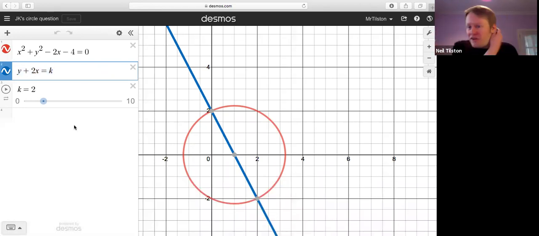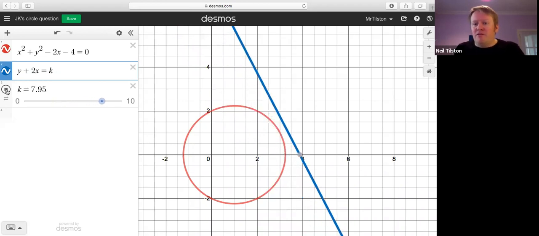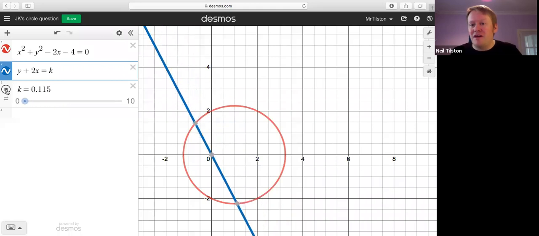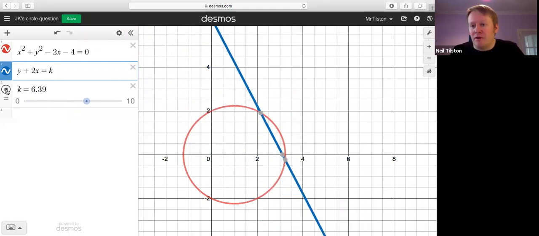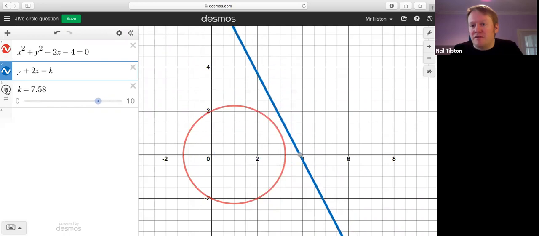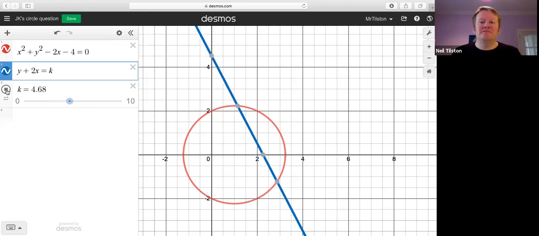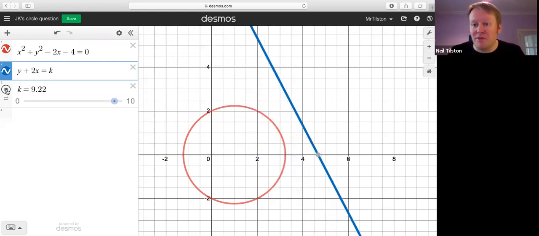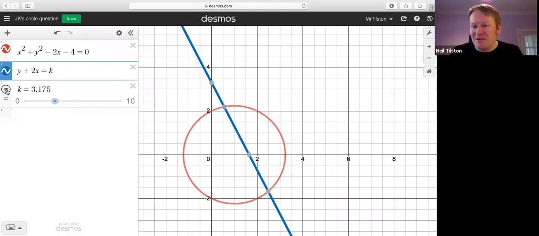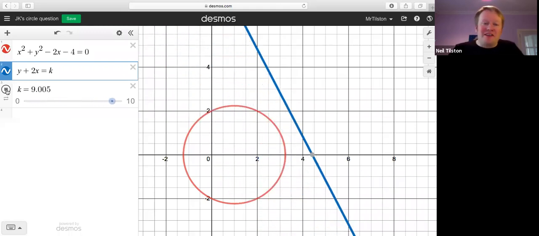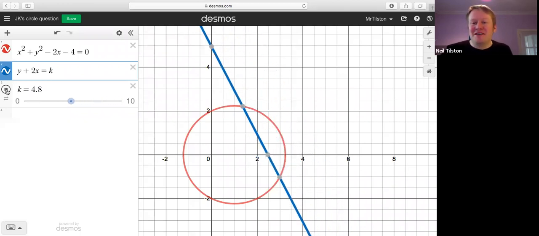So again, it took no time at all just to type those 2 functions in, and I put this in and said, go to that and hit play on k. It took me just 2 minutes to do that. I sent it to him and said, look, you'll see that there are values of k for which the line meets the circle at 2 points, that there are values of k for which the line misses the circle completely, and there is at least one value of k for which it's a tangent. And I deliberately set it between 0 and 10,